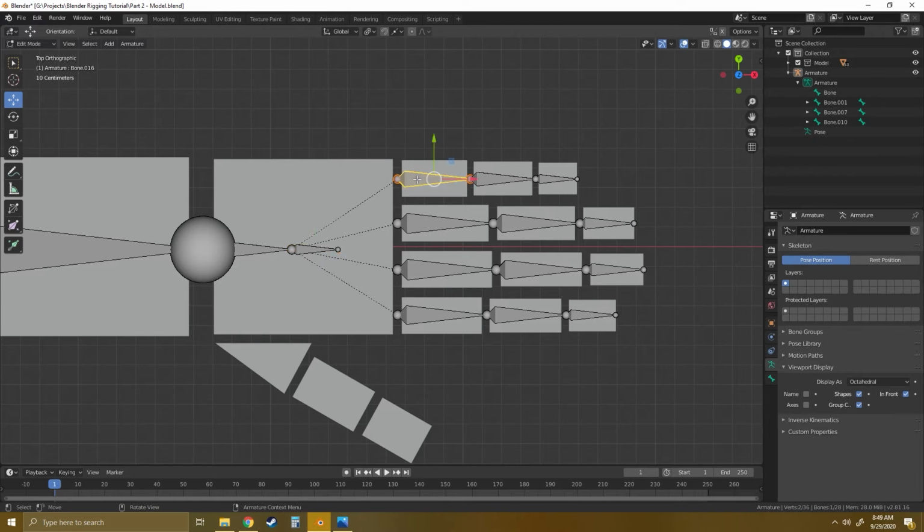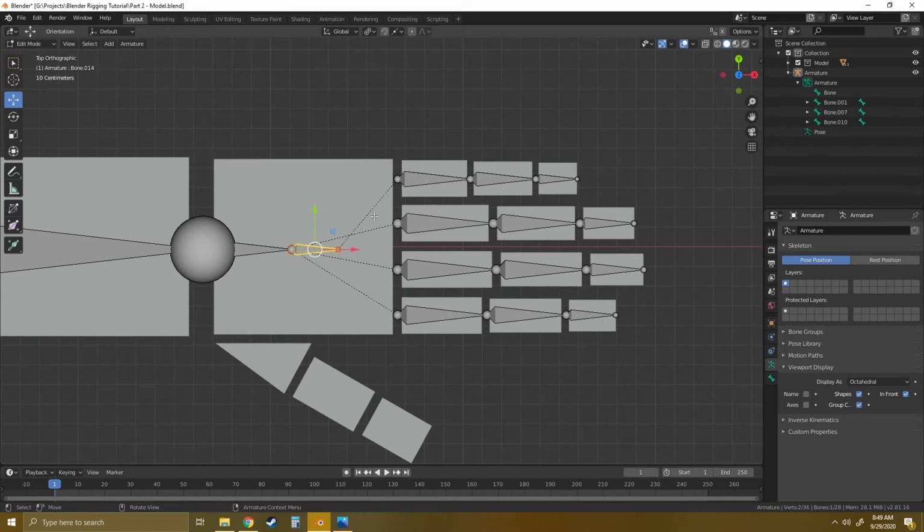So grab this backbone here for the pinky, and then shift select the hand rotator and do Control P, and we're going to keep offset, and you'll see the little dotted line changes to the hand rotator. That means that this is parented to this, so it's going to move as if it's connected to this piece here, which is what we want, but it's not going to actually physically connect, so we're preserving the rotation of this piece here, which is important for this rotator,